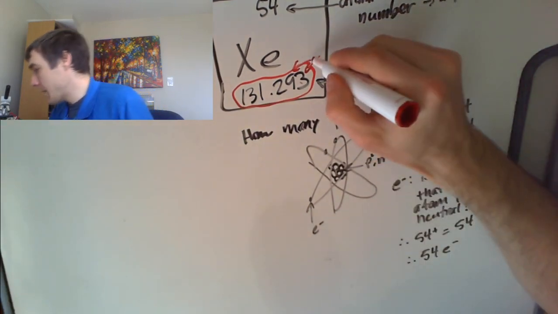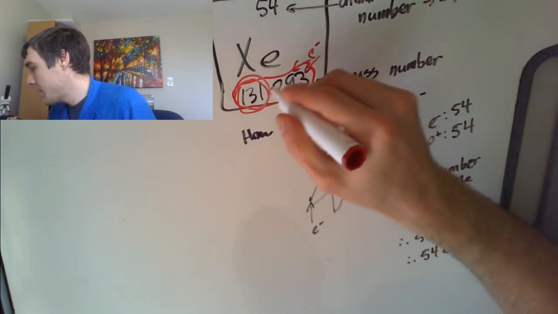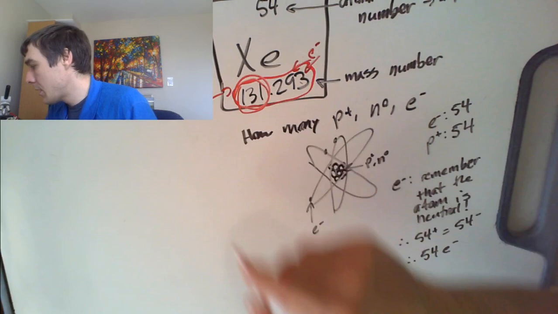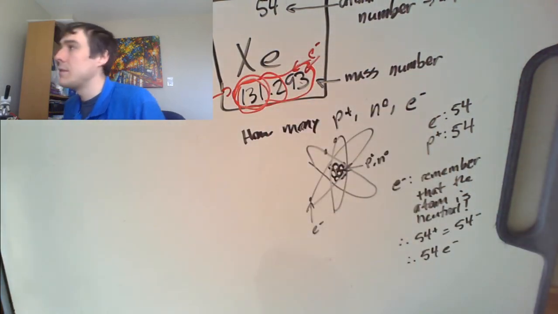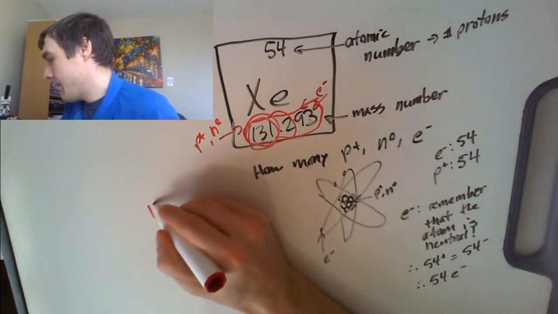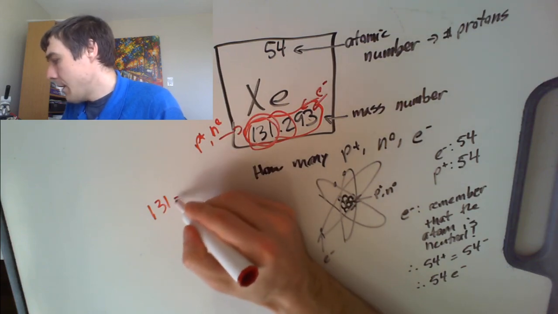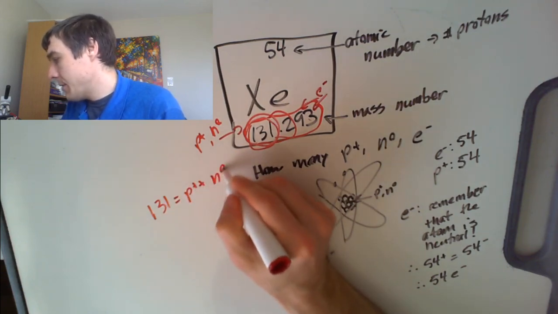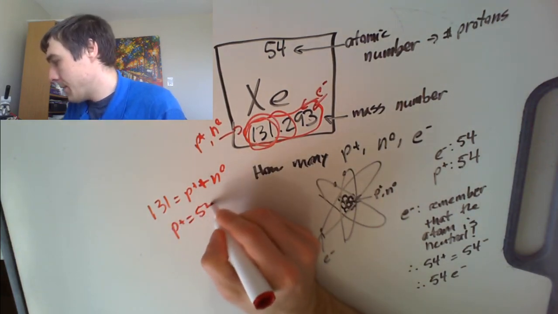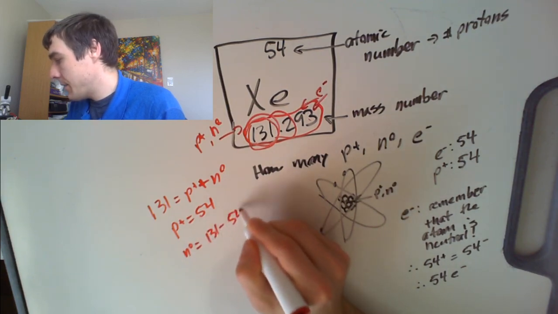So the electrons are kind of there. The rest of this, mostly that guy, that's all protons and neutrons, really. Even down to here is all protons and neutrons. So we take that 131, we round it, and it is the number of protons plus the number of neutrons. We know that number of protons is 54, so the number of neutrons is going to be 131 minus 54,